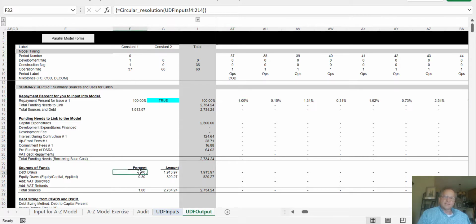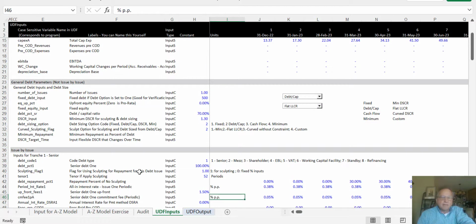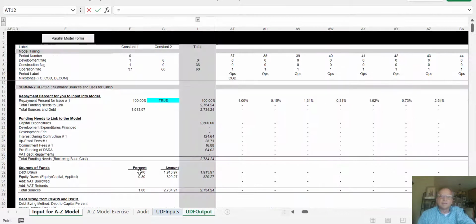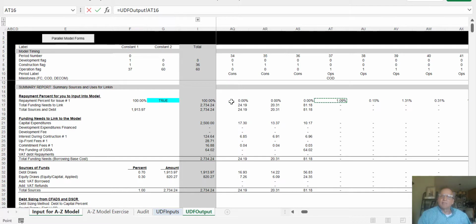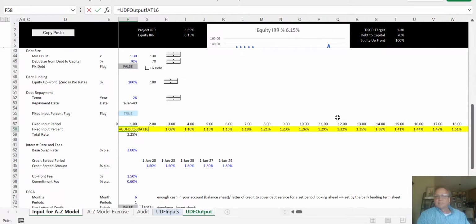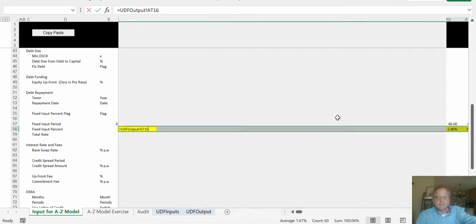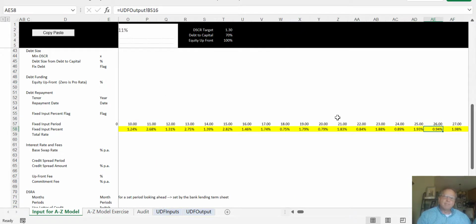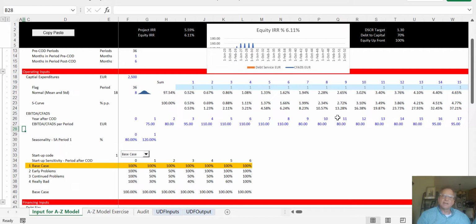And we're running this with a debt to capital of 70% and all of that. So now all we have to do is go back to our repayment, and you just get a kind of fixed repayment, overwrite this little PMT function we had, and we stick that right in there. Again, we could have done this lookup function somehow. I should have put a little counter on. How do I press this? F2 and Control Enter, and we've got our repayment percentage in, and now